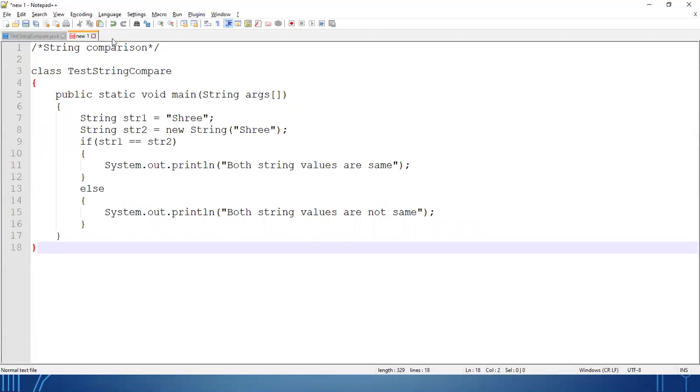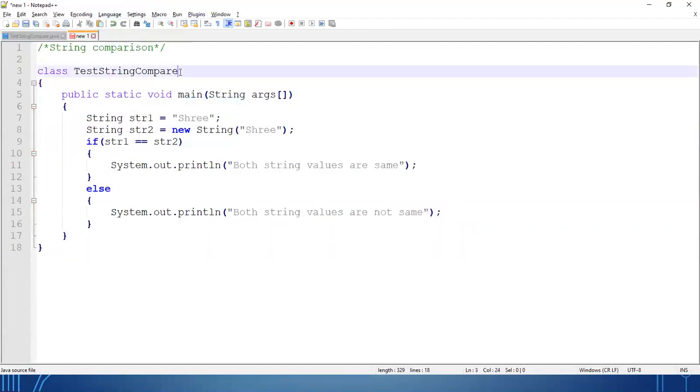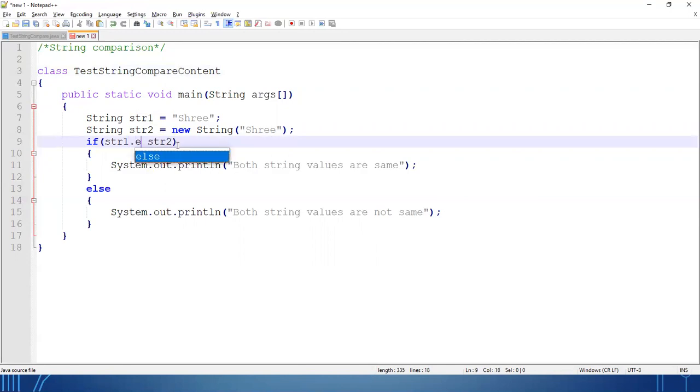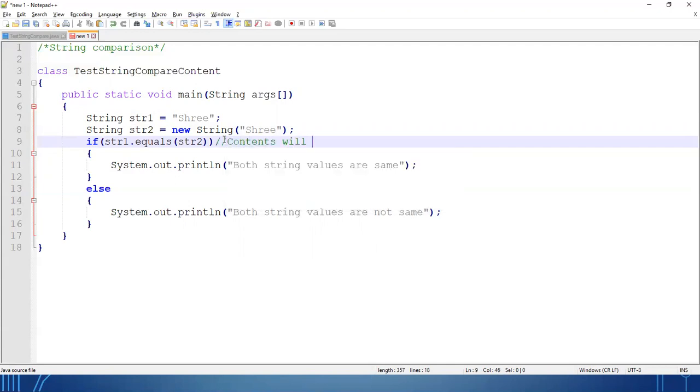But if I want to compare the content, I'll write one more example here. I'm writing dot equals within brackets str2. This is a small change I have to make, so here the contents will be compared.